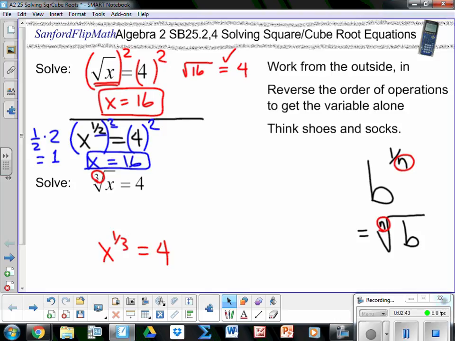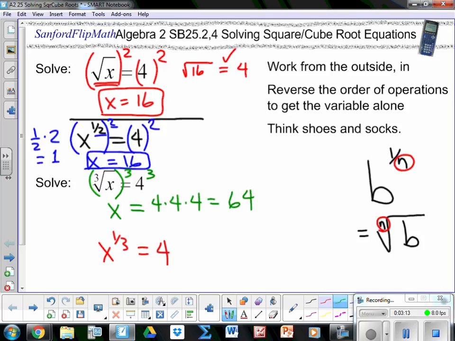Okay, so let's back up, and solve this little guy. Cube root of x: remember, cube root means what was cubed. Third root means what was raised to the 3rd power. To undo that, I'm just going to re-raise it to the 3rd power, so on both sides, I'm going to cube. So the cube root of x cubed is x, and 4 to the 3rd is 4 times 4 times 4,